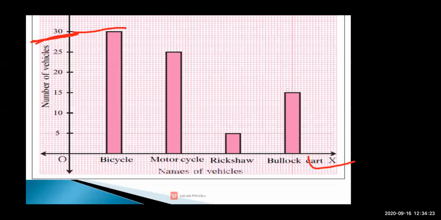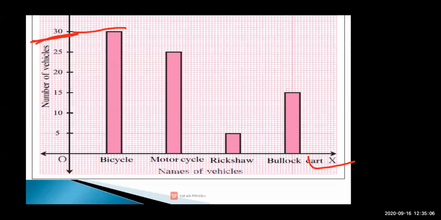Till here, I think you people have understood how to write. See, you can write on the white side also, or you can write inside also, but it should not be inside the bar, it should be outside. So I'm telling you to write the name downward. Where the white color is there, you can write the names of vehicles and number of vehicle. Now the next step: types of vehicle given were bicycle, motorcycle, auto rickshaw and bullock cart. So that name only you will write on name of vehicle.